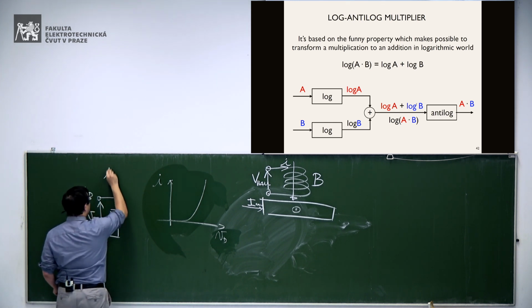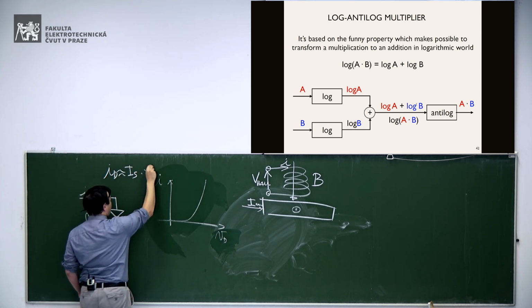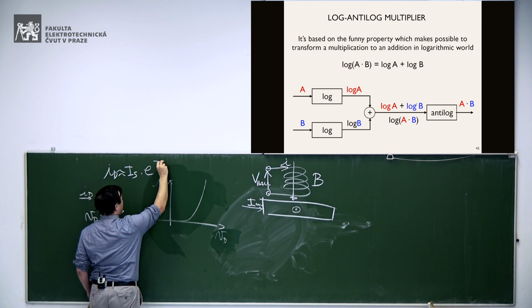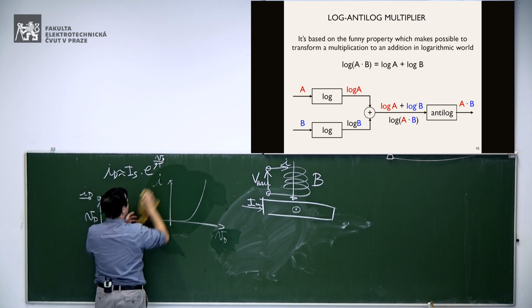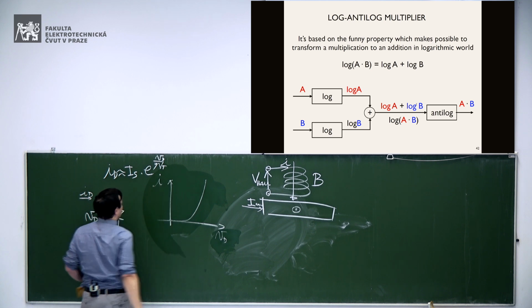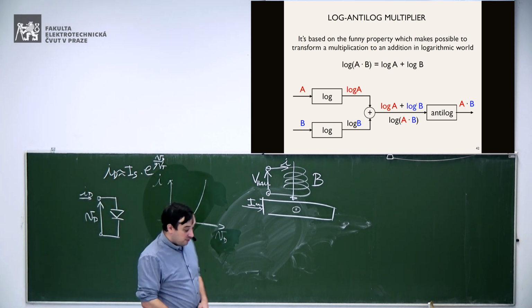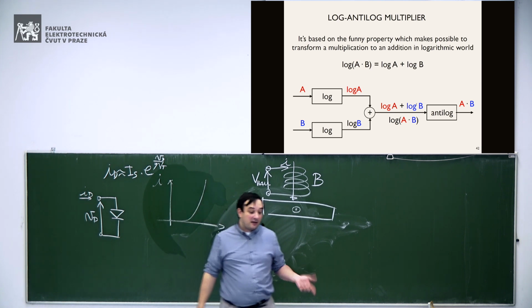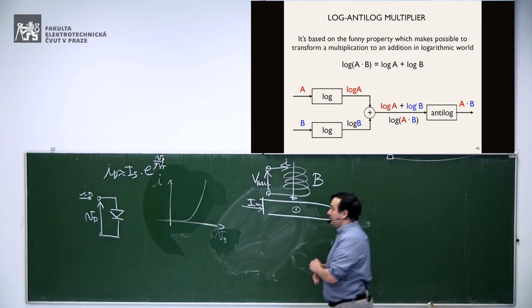So you have a current in the diode, which is roughly the saturation current times the exponent of the voltage, the diode ideality factor, the thermal voltage. Thermal voltage is just a value which depends on the temperature. This effect is useful if you want to measure the temperature. A diode is a rough sensor of temperature because